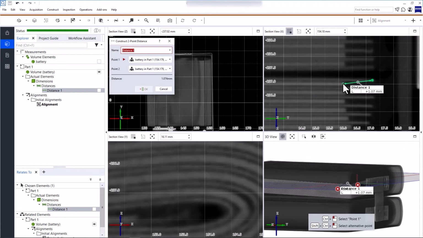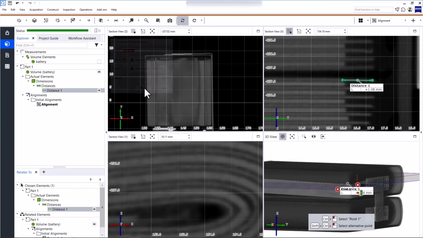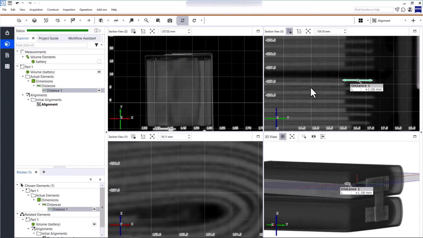Make whatever changes necessary and then click OK. You can change any element at any time, including fundamental ones like alignments, for example. The software automatically keeps track of all dependencies and recomputes all dependent elements, checks, and even report pages. Please note that you need a Pro license to use edit creation parameters.